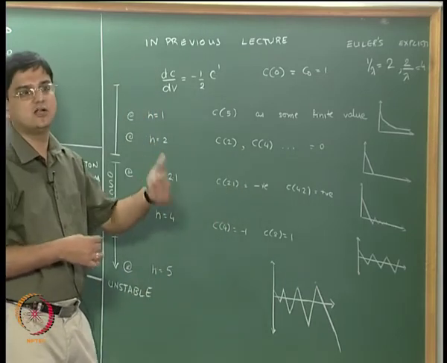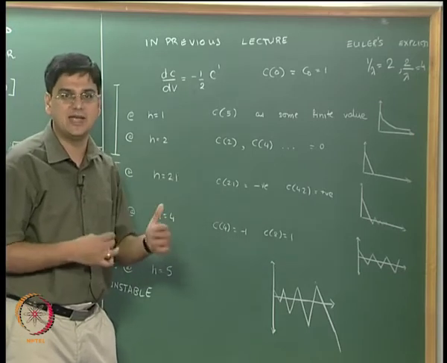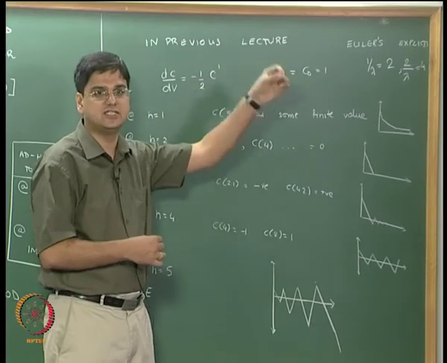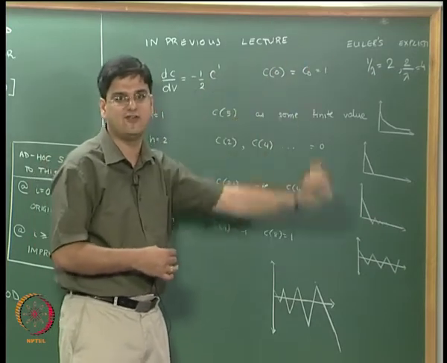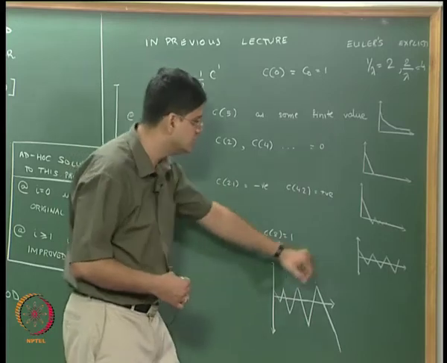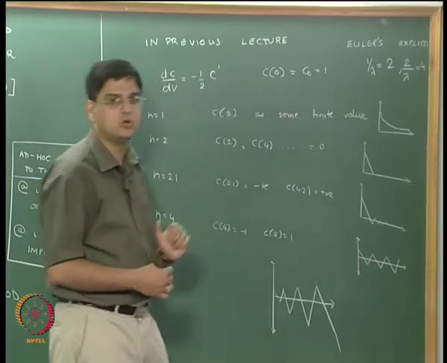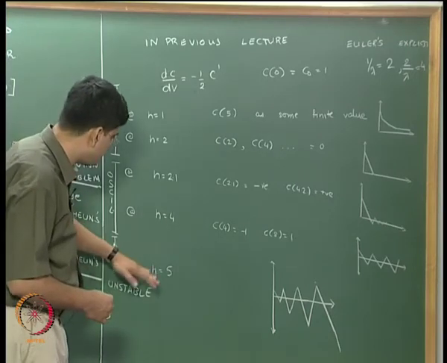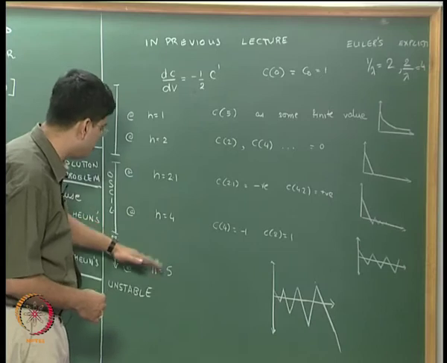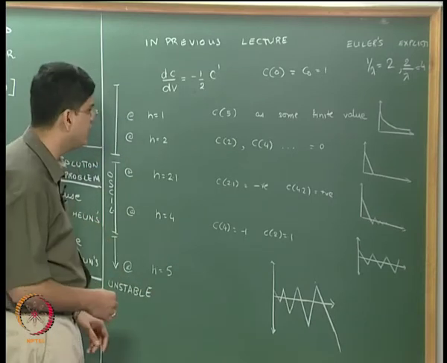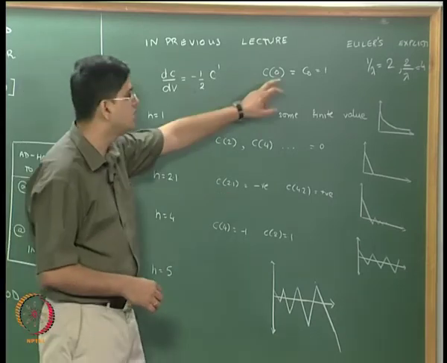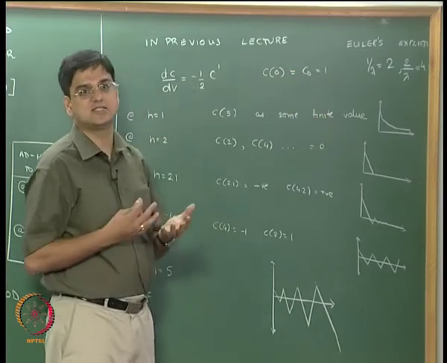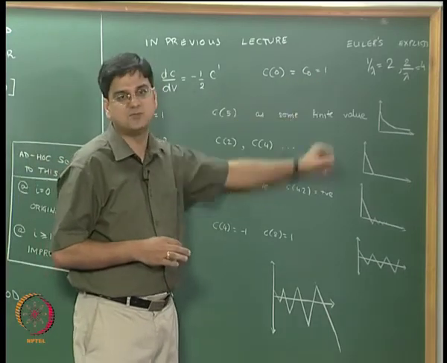As a result, y_i is going to be (-1)^i multiplied by y0. So it is going to be y0, negative y0, y0, negative y0; it will keep switching between those values. That is exactly what we had observed through our numerical simulations in the previous lecture. And when h went above the value of 4, for example, when we took h equal to 5, what we observed was that Euler's explicit method was unstable. So, that summarizes the stability results for Euler's explicit method.